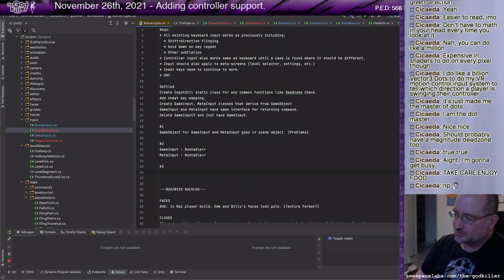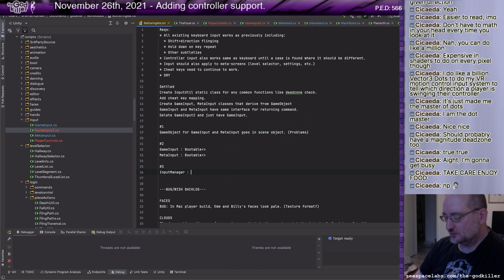So let's call it... man, there's already things called input manager. It can be input manager in my namespace instead of Unity's.